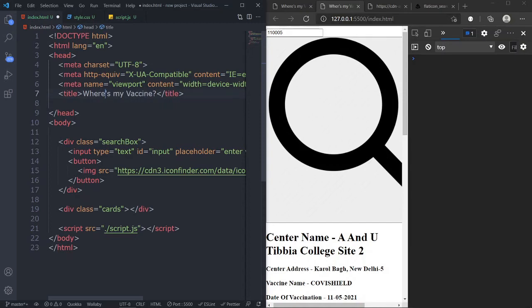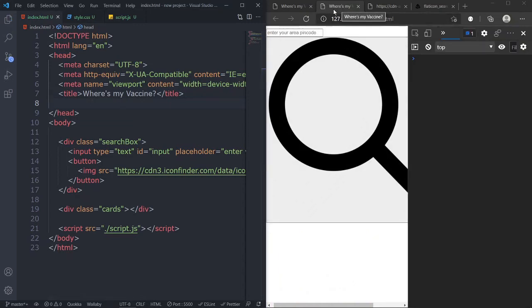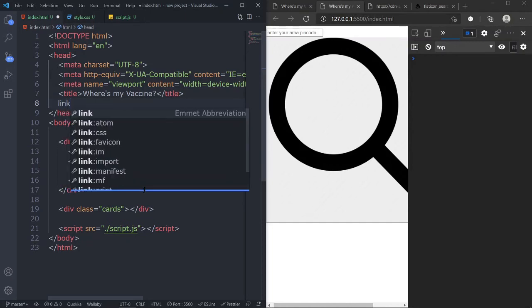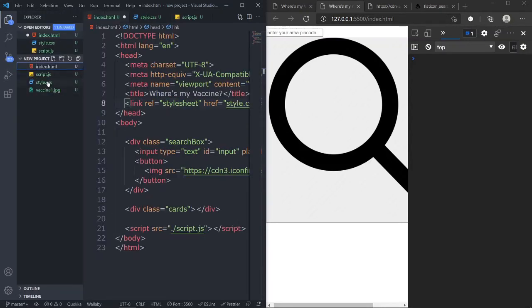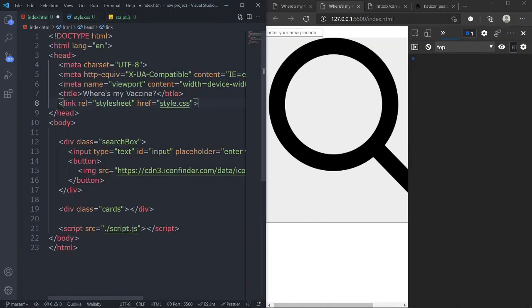So where's my vaccine? I made a mistake here. Okay, now it's good. If I save it now, it's "where's my vaccine". Good, that looks great. And let's link the CSS first here. So link CSS, style.css. I've already added that particular CSS up here, but before adding the CSS, I actually want to